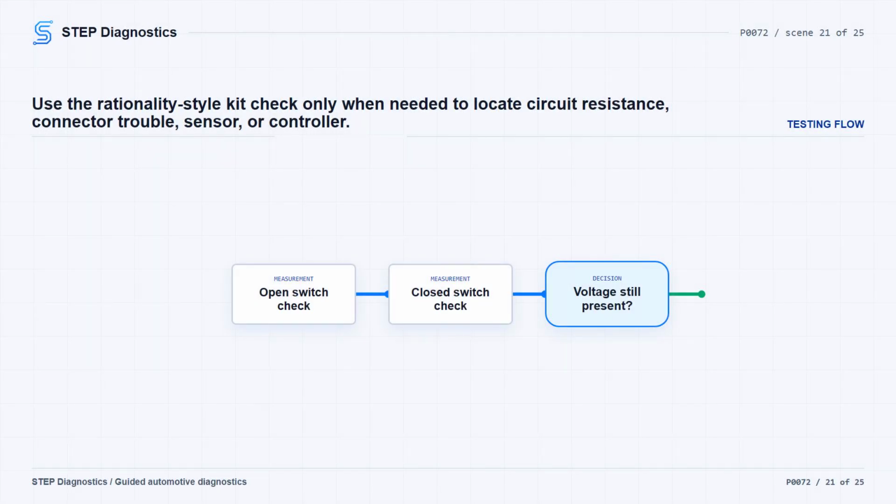For the typical performance or rationality check, disconnect the temperature sensor harness connector and connect the electrical test kit leads to the sensor harness connector. Move the switch on the tool to open. The signal should read 5.0 volts and a circuit high DTC should be active or pending on the scan tool. Next, flip the switch to the closed position. The signal should read 0 volts and a circuit low fault should be active or pending on the scan tool. If there is voltage present between 0 and 5.0 volts with the test tool in the closed position,